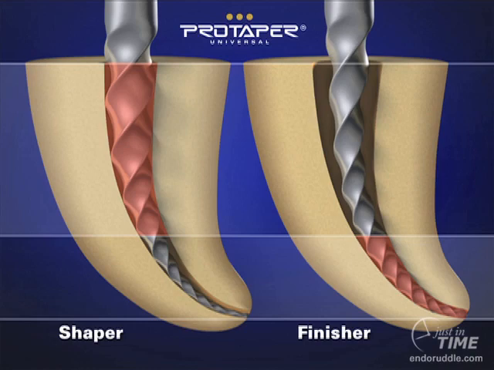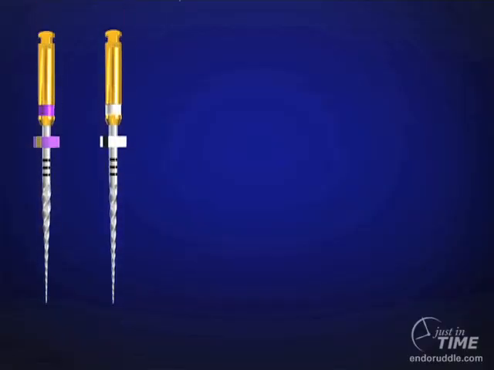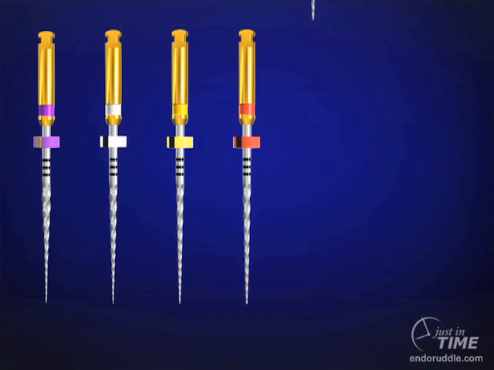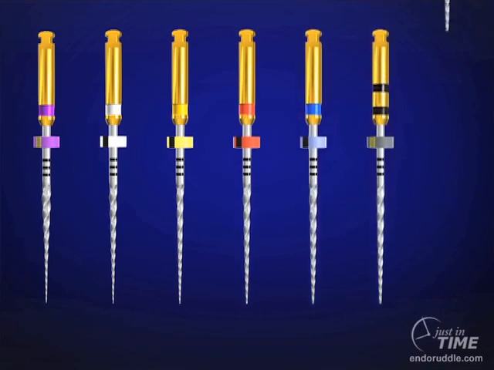So shapers have increasing percentage tapers over the length of a single blade. Finishers have decreasing percentage tapers over a single blade. Together, finishers and shapers deliver a uniform taper over the finished preparation. If we look at the family of instruments, you can see, following the ISO colors that are well known internationally,